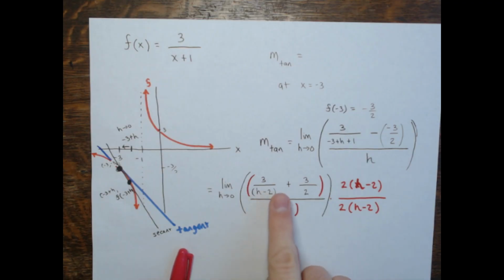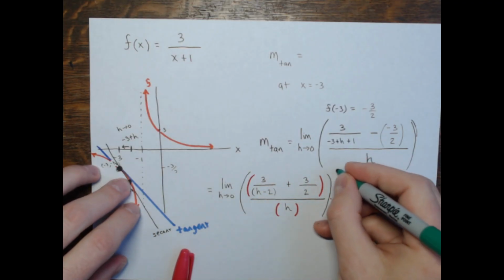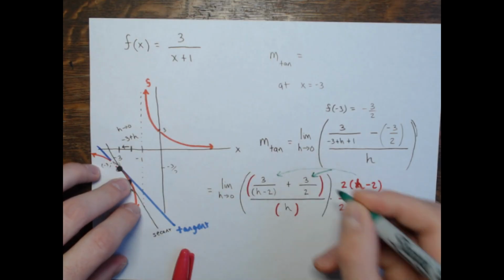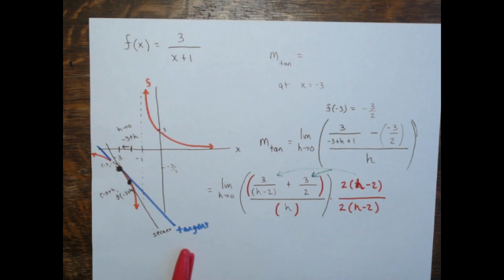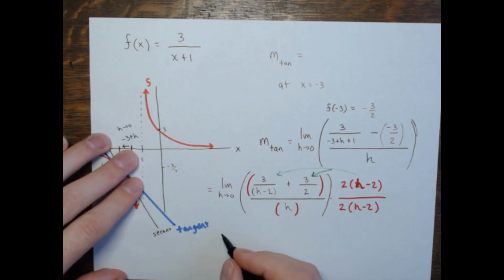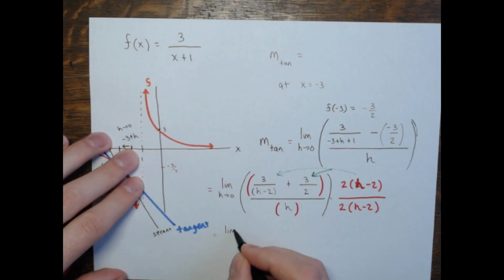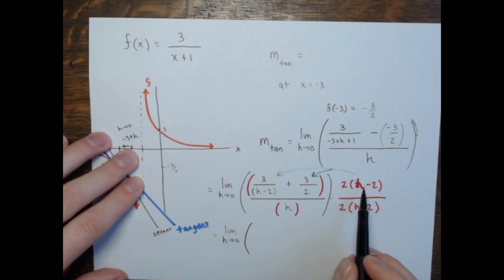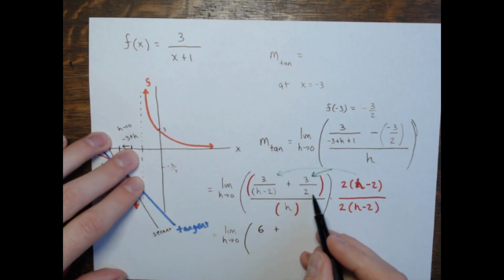Now up top, there are multiple terms. It's a sum, so I got to distribute this, right? Multiply each of those, and that should cancel away all these smaller denominators. So I'm left with the limit as h approaches 0. In this first fraction here, the h minus 2 would go away, so I'd have just 3 times 2, which would be 6, plus, then in this second fraction, the 2 would go away, so I'd have just 3 and the quantity h minus 2 left over in that one,